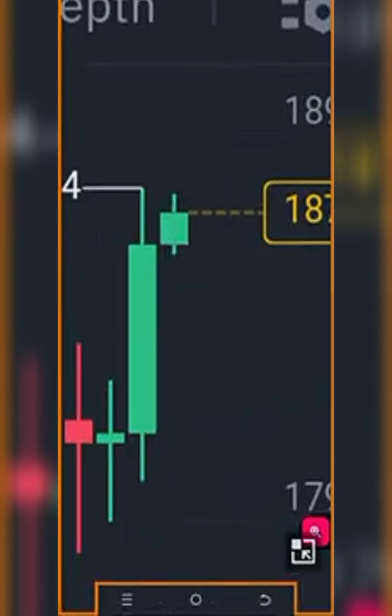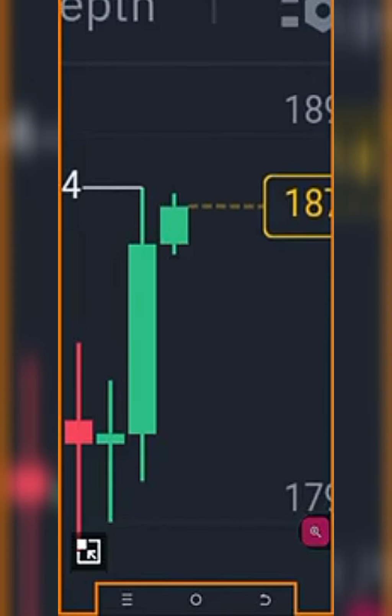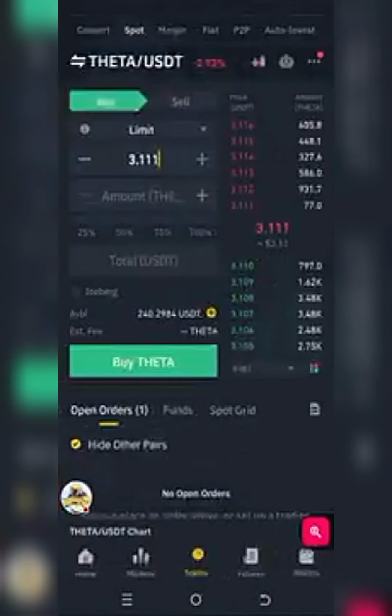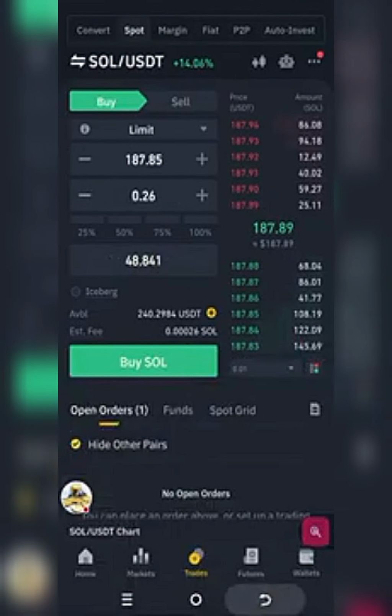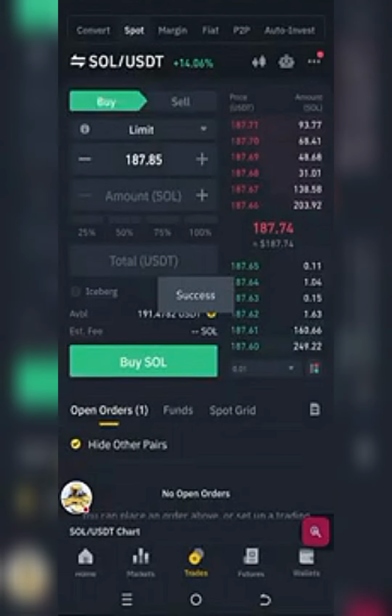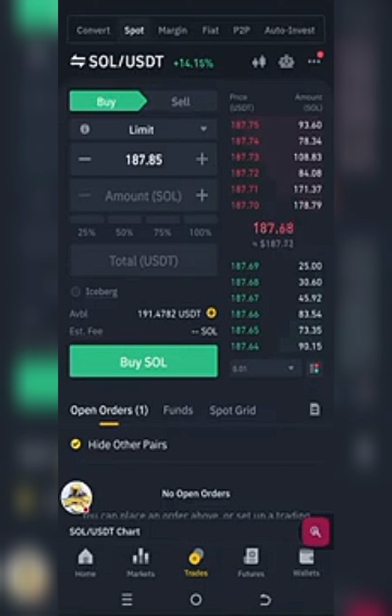But I want to see that this is a full candle. Can this get to the full candle base? I think we should go take some Solana, guys. Let's go take some Solana. Are we ready for some Solana here? Let's put some Solana on the desk, guys. I think we bought it. We bought it, guys.